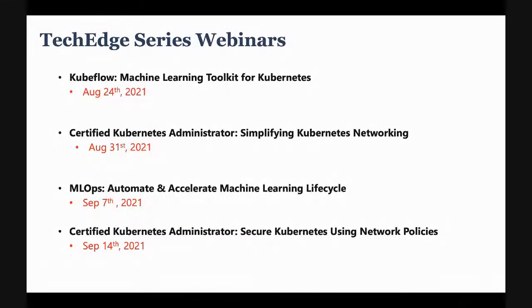Then we have another webinar on September 7th, which would again be related to MLOps. We would be using AKS, machine learning, and Azure DevOps, and stitching them all together so that we can have an end-to-end flow, build and automatically deploy an ML pipeline.